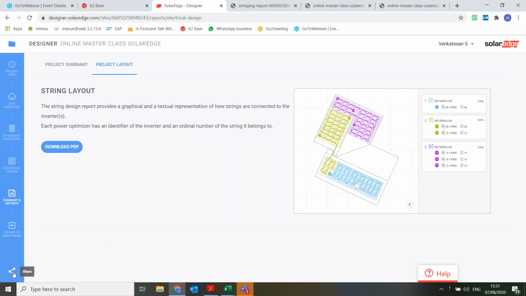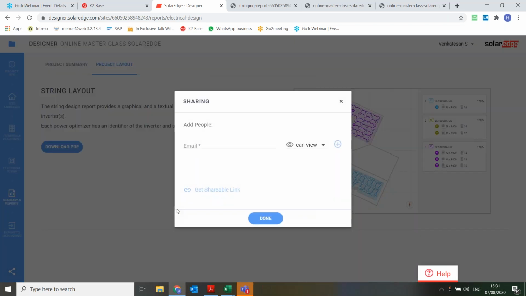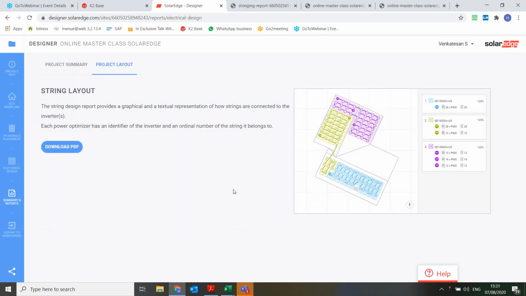And the last option is the share option. Let's say a team is working on it, and you want to send it to a team member to cross verify this design. You can just put their email ID, and then say whether you want them to only view, or also edit, meaning the person who wants to verify it can edit or just view it, so that in case any changes are needed, they can always edit it and give the correction, so that it becomes collaborative work also.